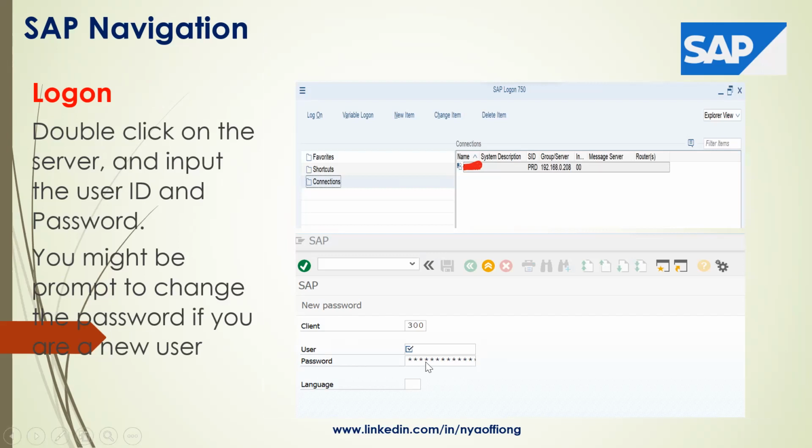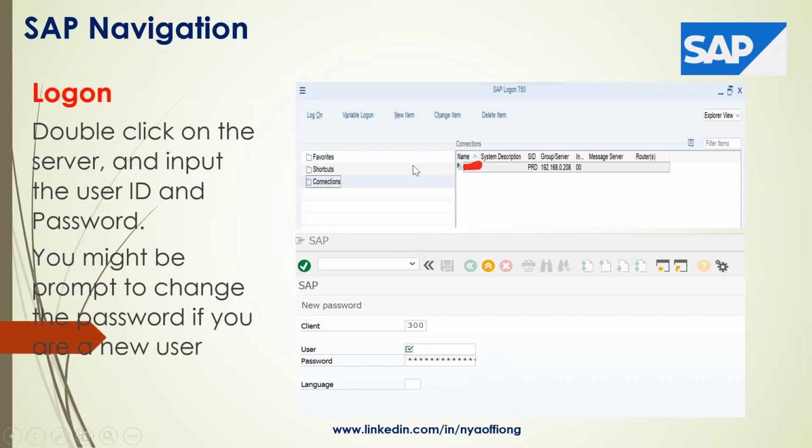If you are a new user in the system, it will prompt you to change your password immediately. But if you are an existing user who has logged in before, it will take you to the menu screen. This is how the login screen looks. You click on the server here, it takes you to this screen.